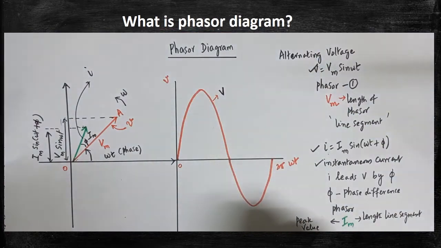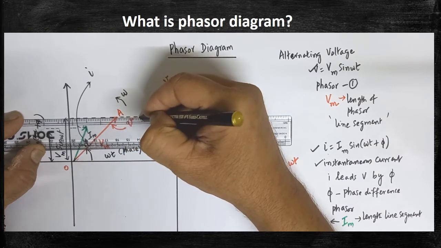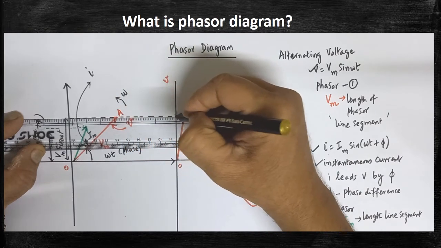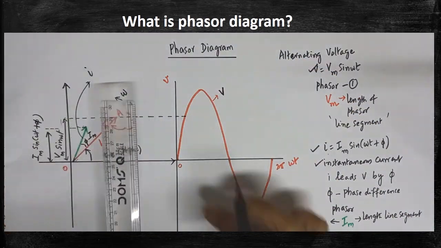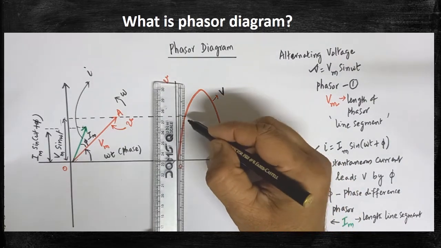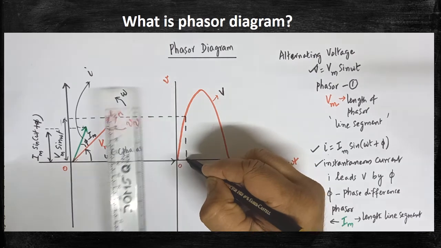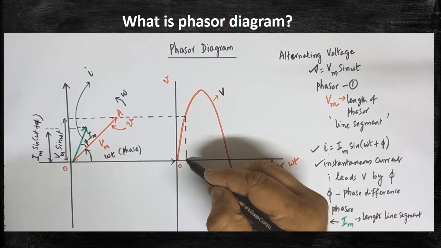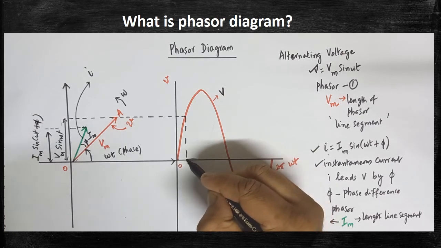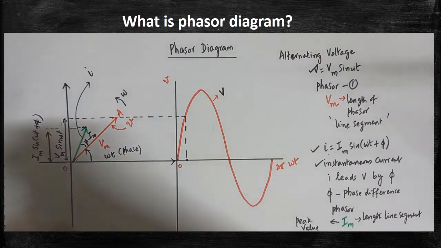After that, what you have to do? We have to draw the projection. Now you extend this line from this, and that one will cut the graph here. At a particular point, the line will cut the graph of V. There, that line must be extended towards the x-axis. When it is brought down, that one will cut here, and that will give you the instantaneous voltage.